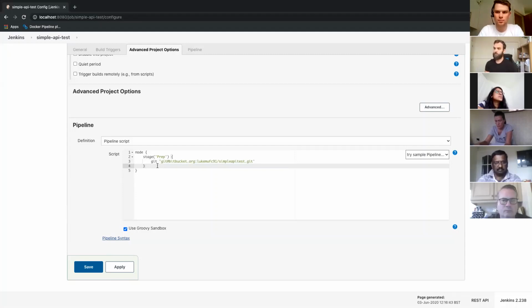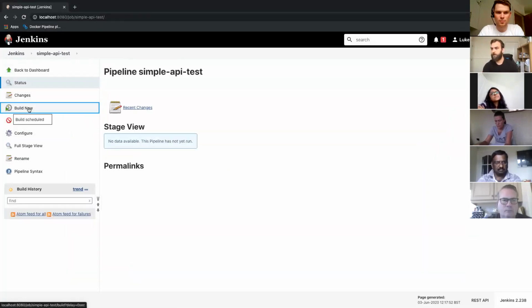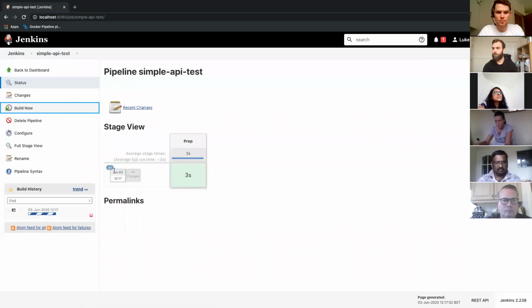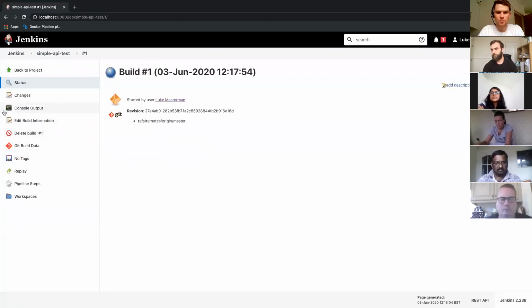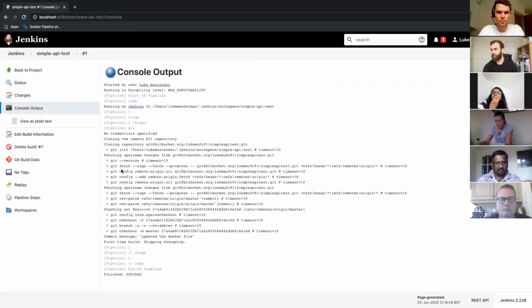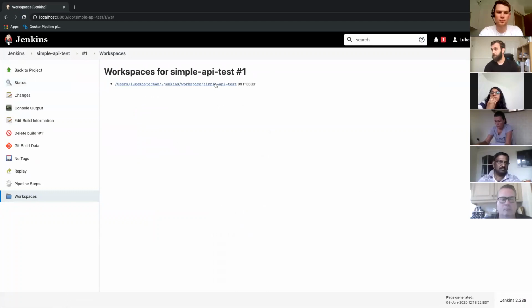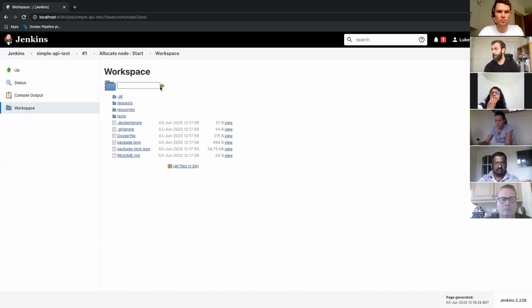You've got your source control, and if I was to run that, I can build this now. And you should see in here, it's built successfully. You get some console output to say what it's done. So it's done git fetch on the default branch, because I've not given it any other parameters, and the default branch is master, and to the latest checkout. If I went into workspaces, you can see basically what was checked out here. So this is the location where you would be performing any tasks.